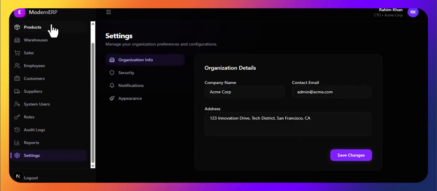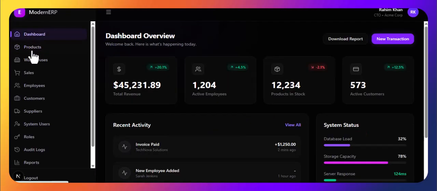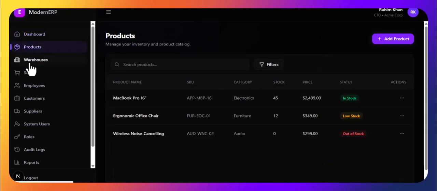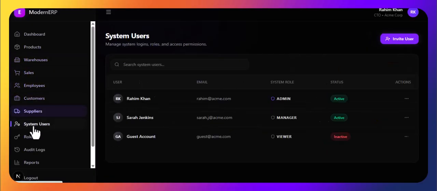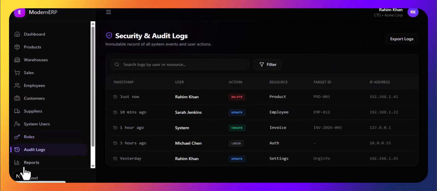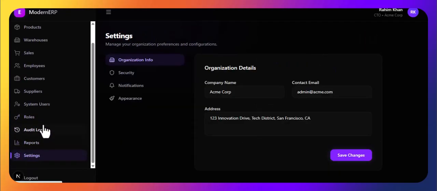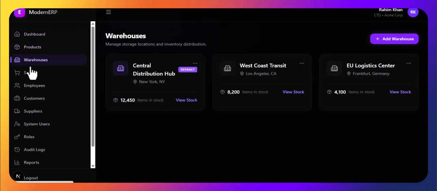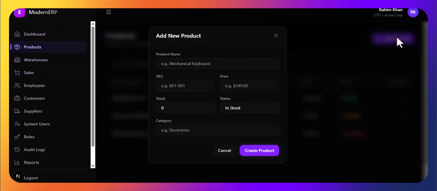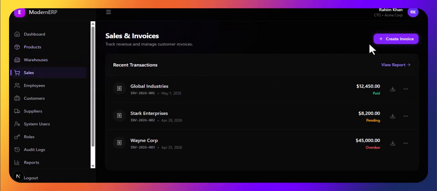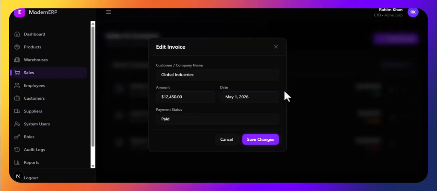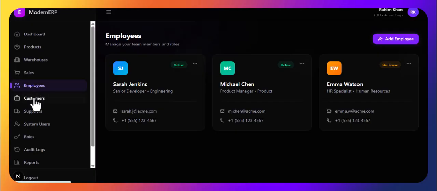Now all pages are done. So okay, this is our dashboard, this is our product, warehouse, sales, employee, customer, supply, system user, roles, edit log, report, setting. So all pages we have set up here. So checking the add product, working fine. Warehouse, add warehouse, you can add sales, you can create invoice, also you can edit, all options are here. So employee, you can also update here,